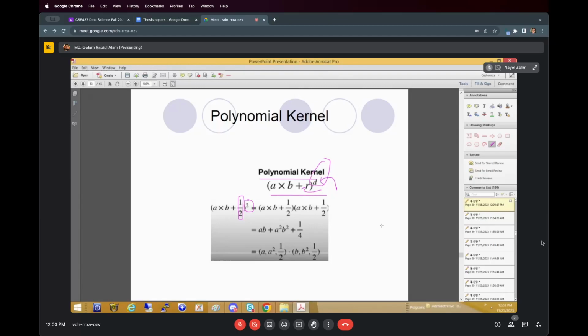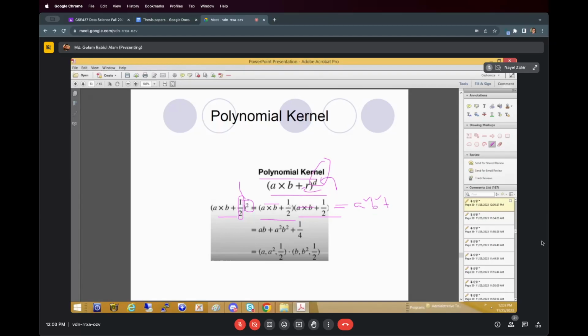Now, if we consider just a 2-degree polynomial, then see what it will actually do. For this, we can see (a times b plus half) squared. So we can write (a times b plus half) times (a times b plus half), because here is a square. Now if we multiply these two, we get a square and b square,